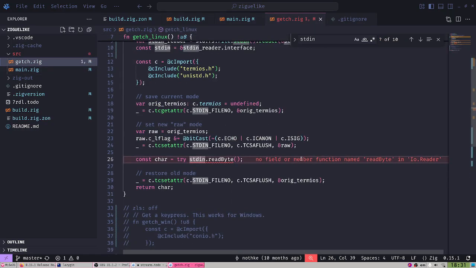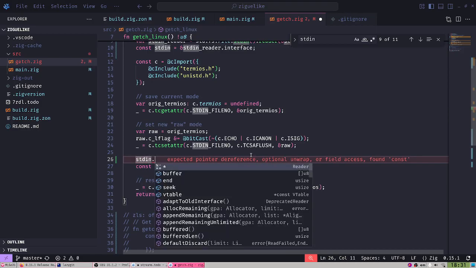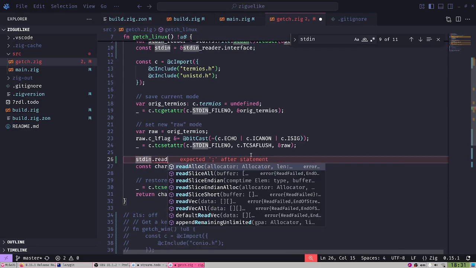There it is. Now it's showing me the correct thing. Read byte doesn't exist, so maybe there is a new thing. Read slice, read vec. Read slice short default. So read byte doesn't exist.